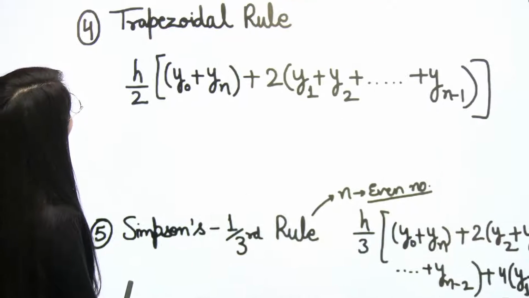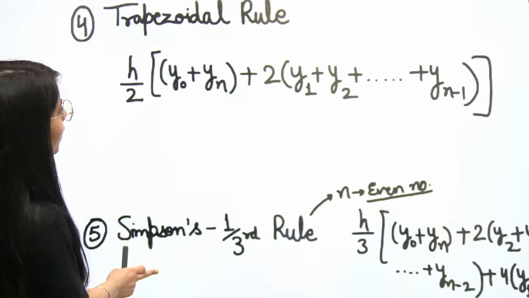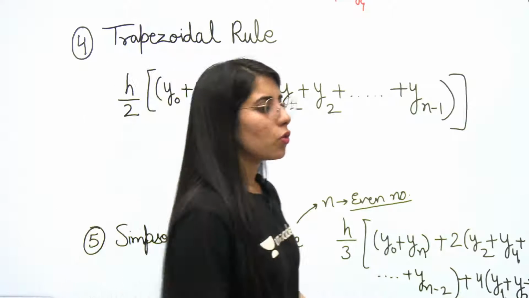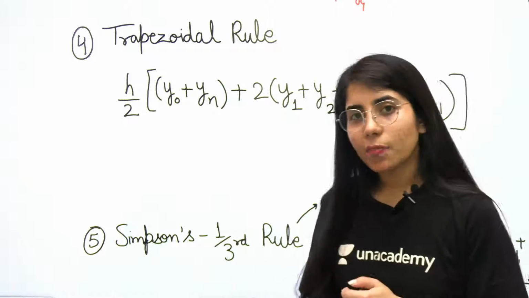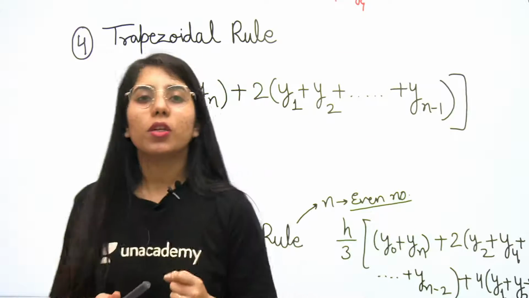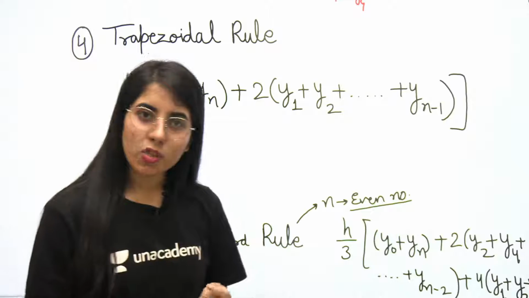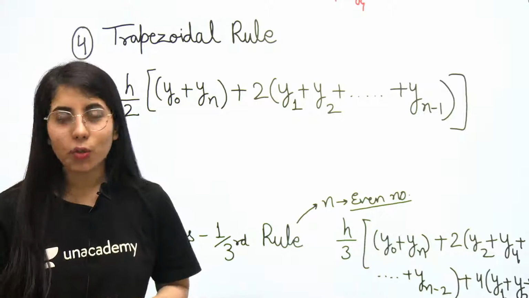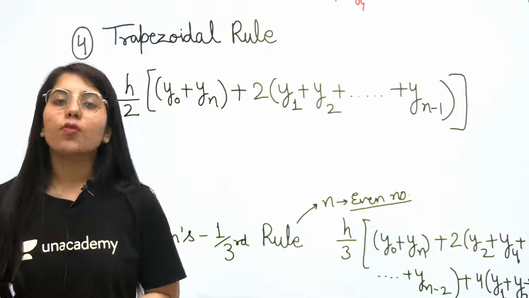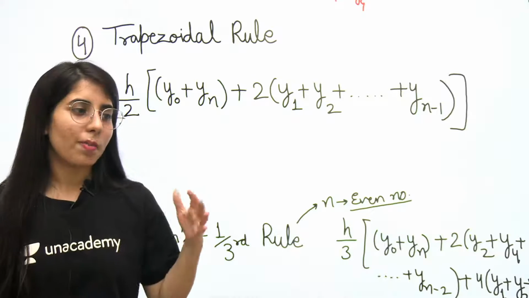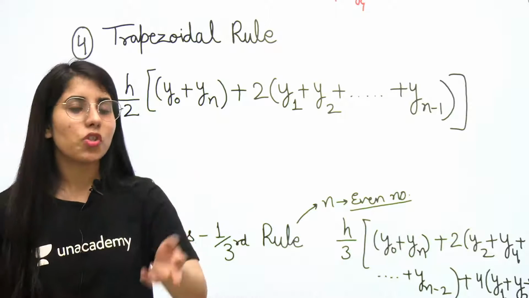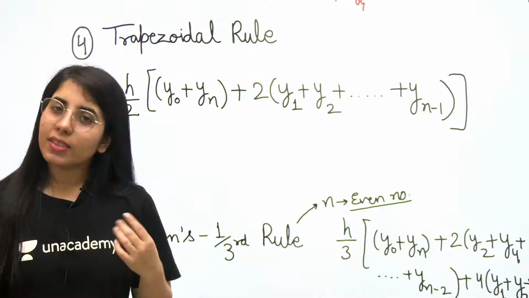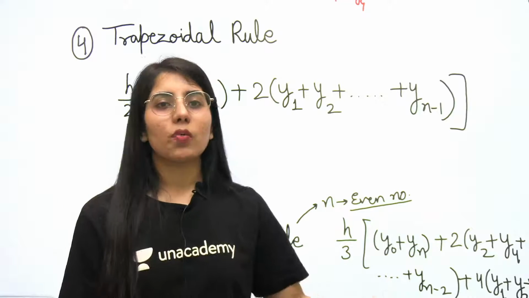The first method we are going to take is the trapezoidal rule. Clear? What is this trapezoidal rule? When you use it in questions, will you use it just to solve integration all the time? No, you will not. You will use this method whenever it has been mentioned in the question to solve it by using the trapezoidal rule, or if they have provided some hint or idea about the step size or something in the question which gives you the hint regarding the trapezoidal rule, then after getting that hint you can proceed with this method.